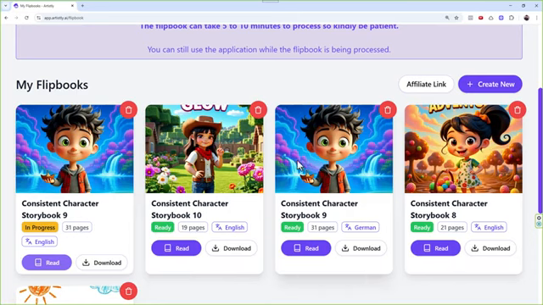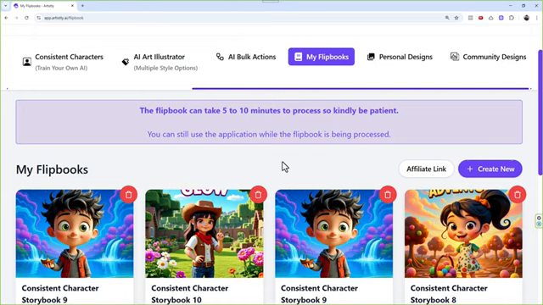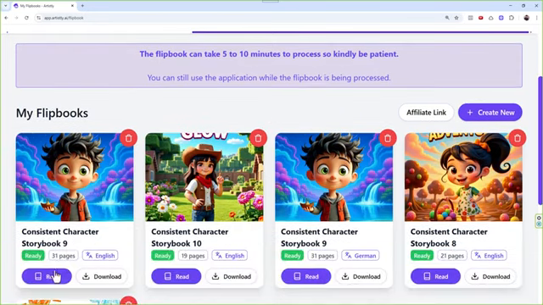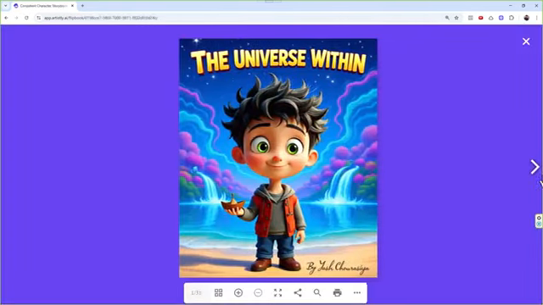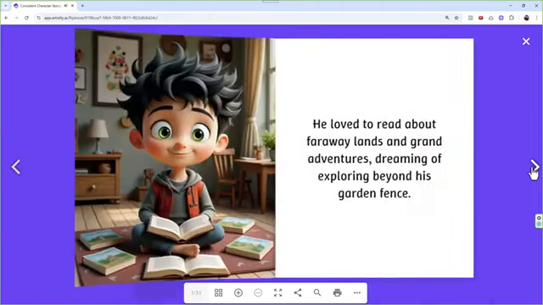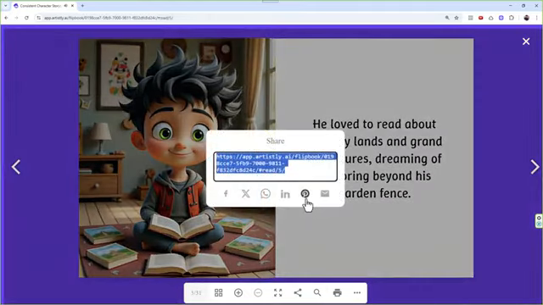Now, another thing I want to actually share with you, which I see that a lot of you are not utilizing properly, and I want you to start utilizing it, is that now you can get rewarded by sharing your storybooks publicly online on the internet. For example, this is the storybook. In this case, what's going to happen, guys, is you can actually see the storybook and share it. Now, when you share it with the world, on the internet, people can